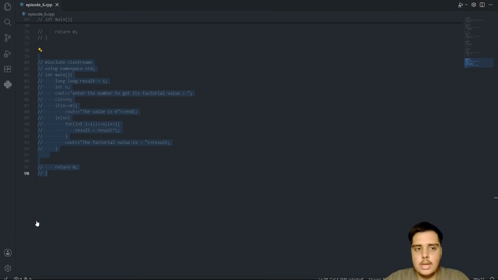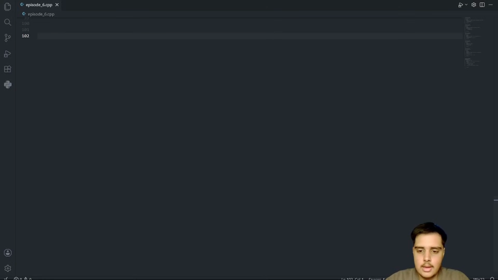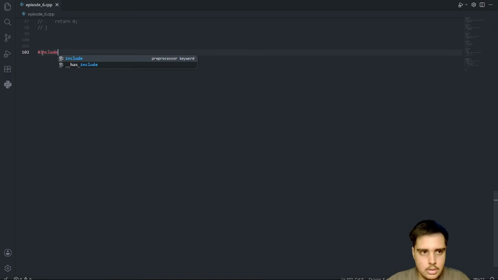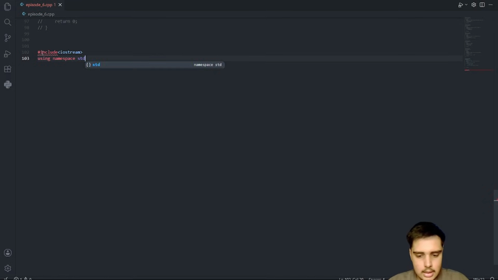Let me help you understand it a little better. Coming to VS Code, and let me start with the question. So simply we will start with hashtag include iostream, using namespace std, int main, return 0.